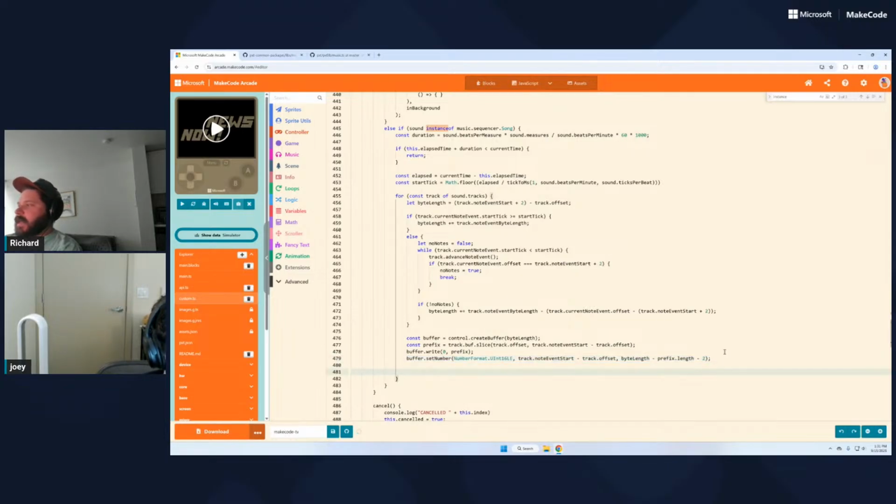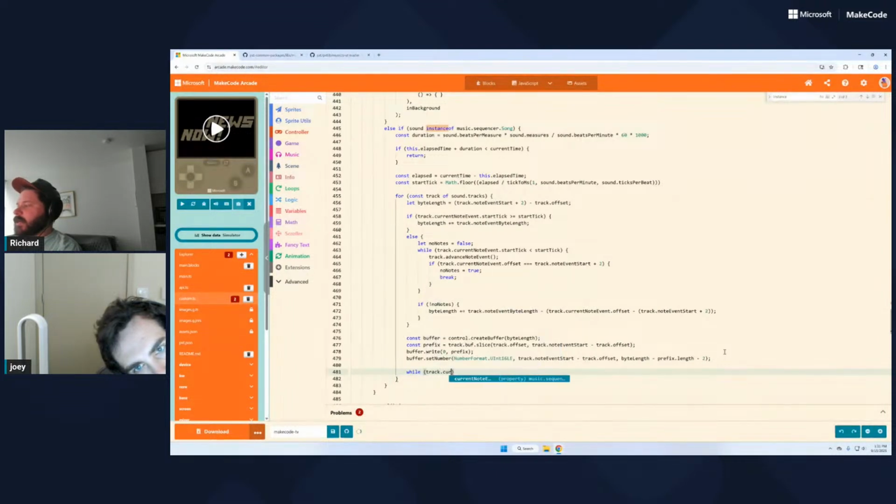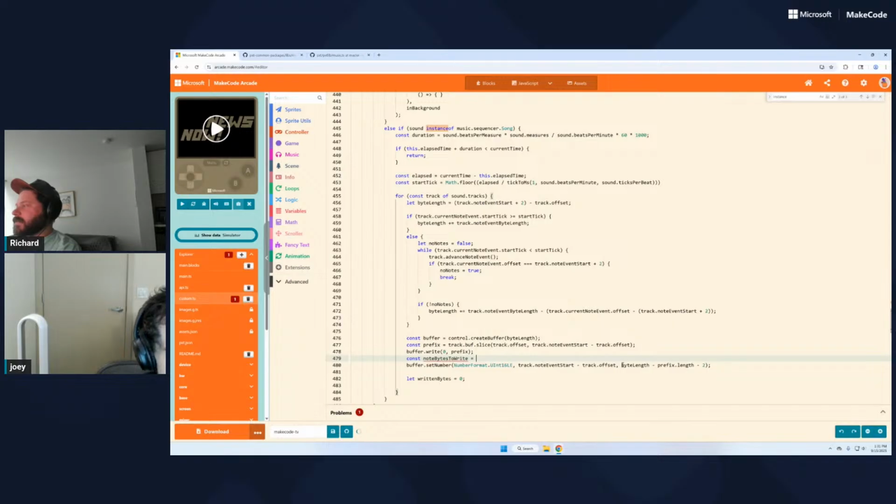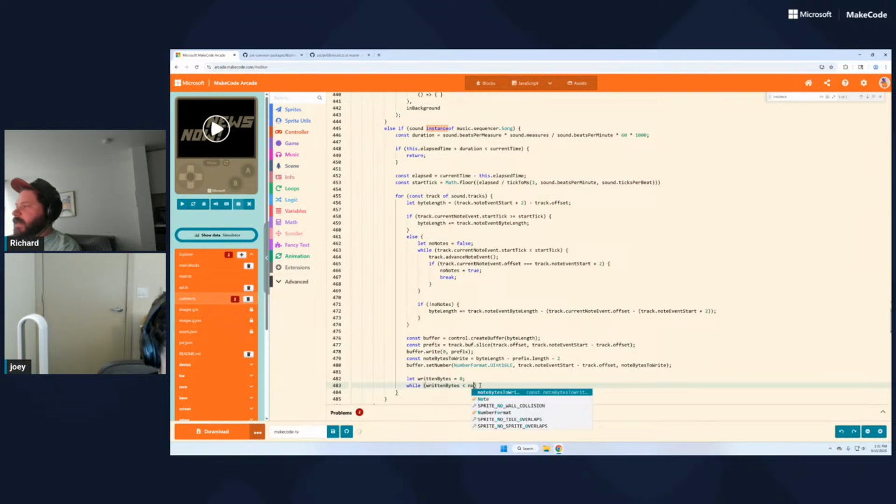So we're going to go ahead and say, let written bytes equal 0, and we're going to do const note bytes to write, just to write, not to writes, as much as I want it to be. It's going to be equal to this, that right there. And we're going to say while written bytes is less than note bytes to write,